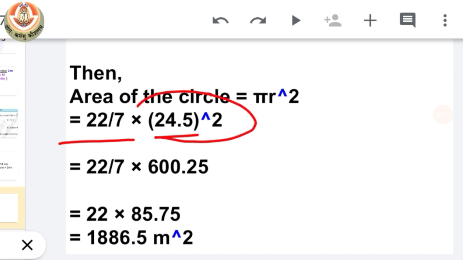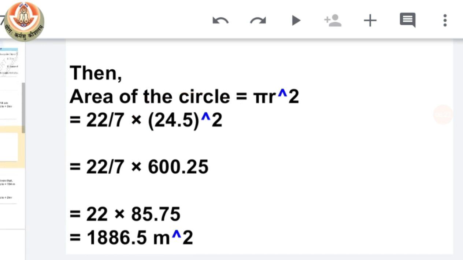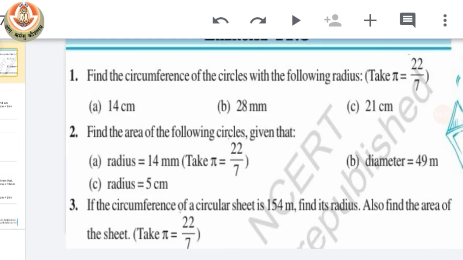After finding the square of 24.5, that is 600.25, the solution is 1886.5 meter square as the area of this circle. So class, the first two questions are very easy. We just have to put the formula and values for the given things, and we have to find the circumference and